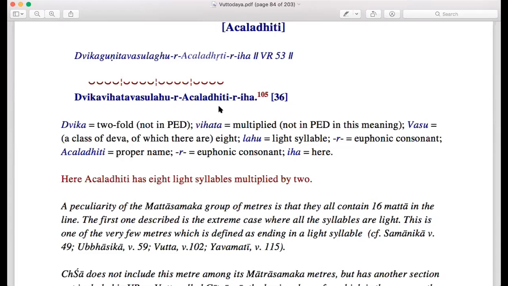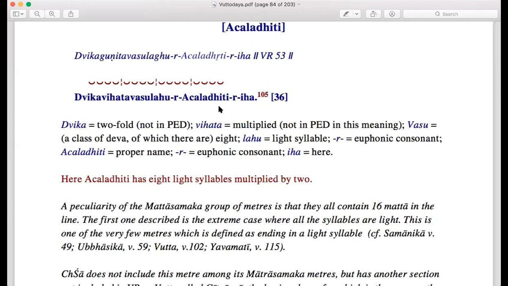Hi Bhante. So here we have this verse in the verse form. So I wonder how we can put it in the prose form, Bhante? Because according to the translation, it has the word has.